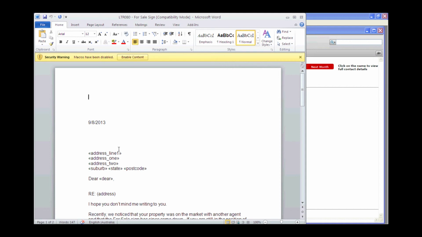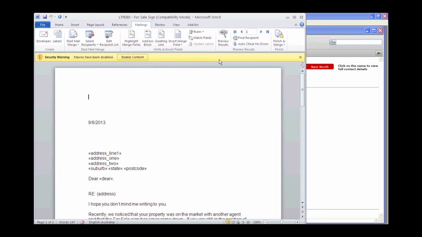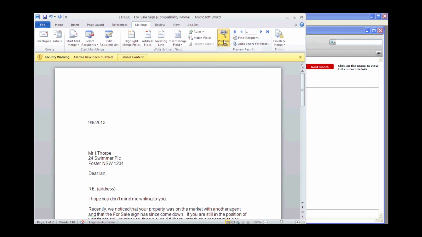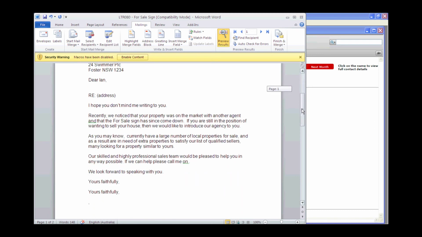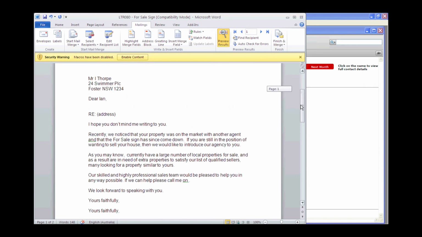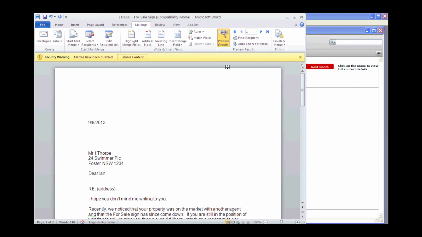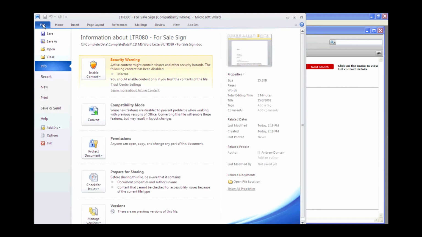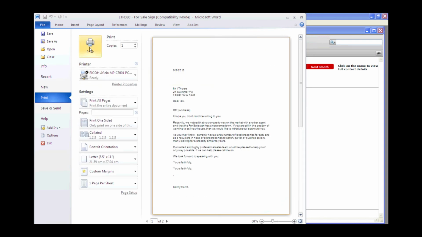I could make any changes that I like here at the moment. Then I can select mailings and preview results, and we can see it's brought across the information that was in the double merge bracket fields. So I need to go through and make sure there's nothing else that I need to change in that letter. And once that's okay, I can select File and print my document. From here I can then select Print and make sure it's going to the correct printer,